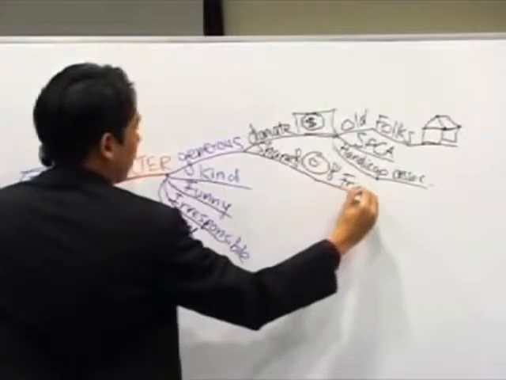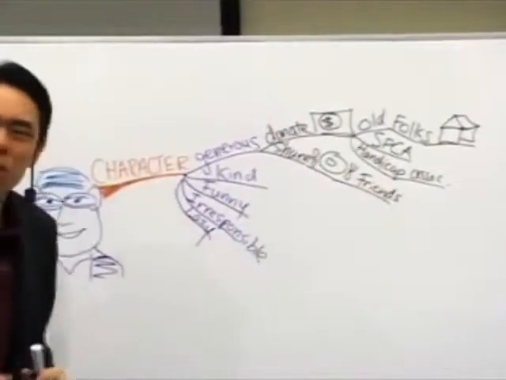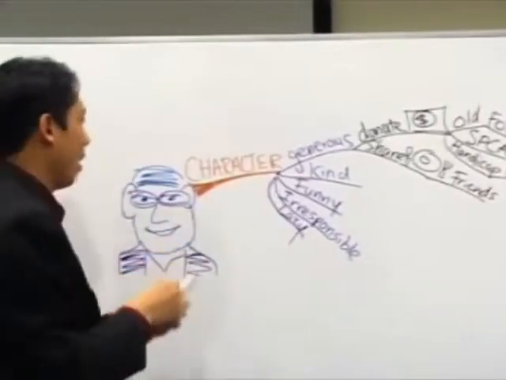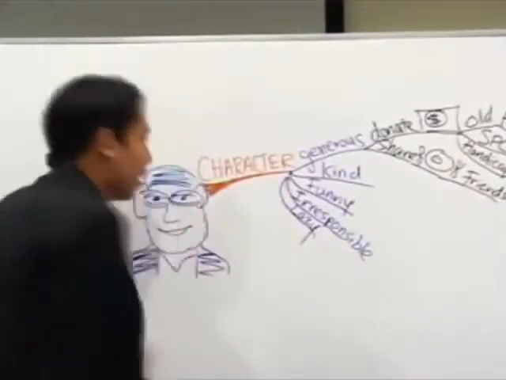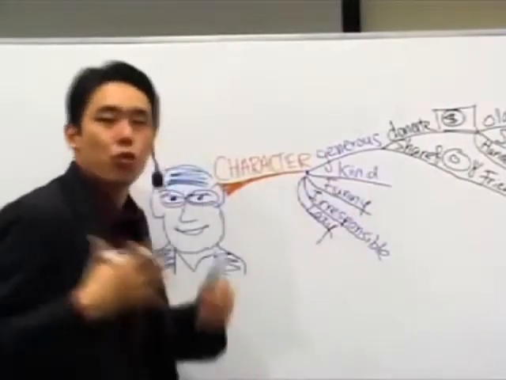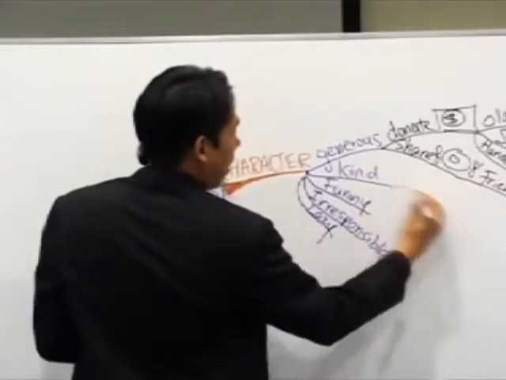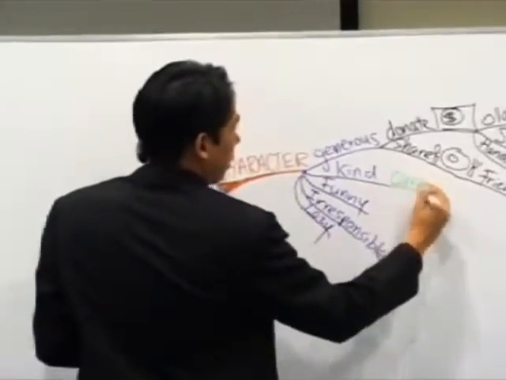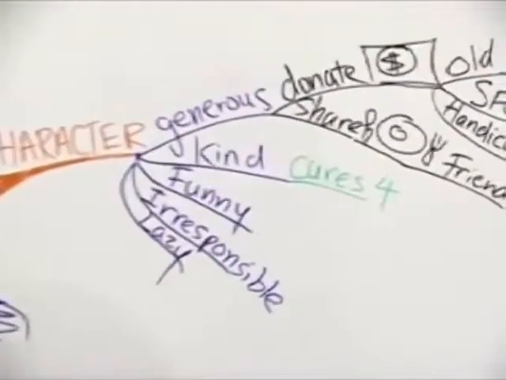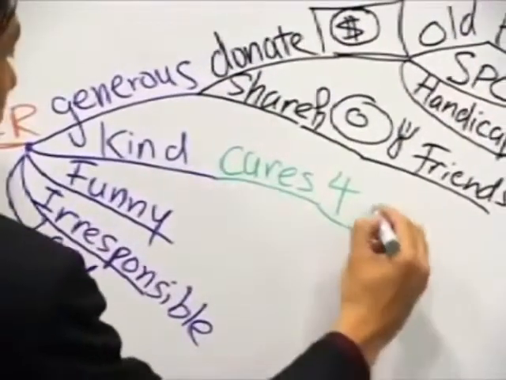Friends. Again, it's a strange way of being generous. I'm just giving an example here, right? Some crazy examples. Okay, under kind. Why is he kind? Again, I'm just making stuff up. Maybe he's very kind because he tends to take care of stray animals, right? So, cares for. Now, use the word "for" to represent "cares for." Again, it's a symbol. Cares for stray